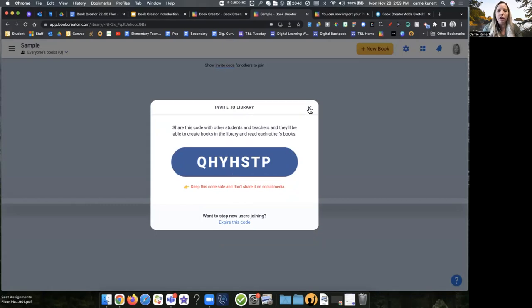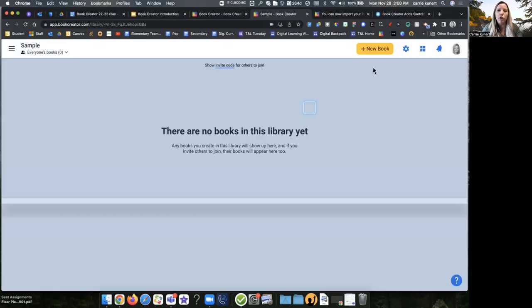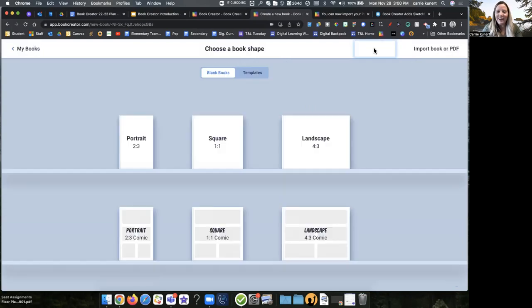I could make you create your own book, okay? A new book. So always when you get this invite code, or just to play around, you have the ability to do a new book. If I give you the ability to do a new book, then the kids would be able to have more choice in that, right? I would say, okay, everybody create a journal. I want everybody to pick, if you're going to be inserting pages for them, you probably want to make sure they have the same orientation, right? Because if you're creating square pages and they have a portrait, it's not going to go in as beautifully. So you would tell them, I want you to create a square